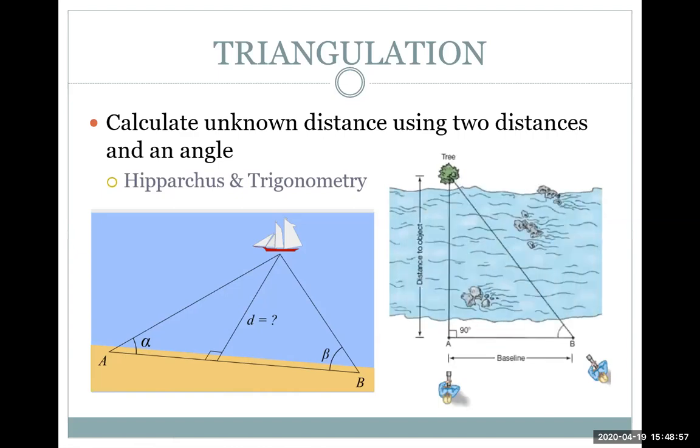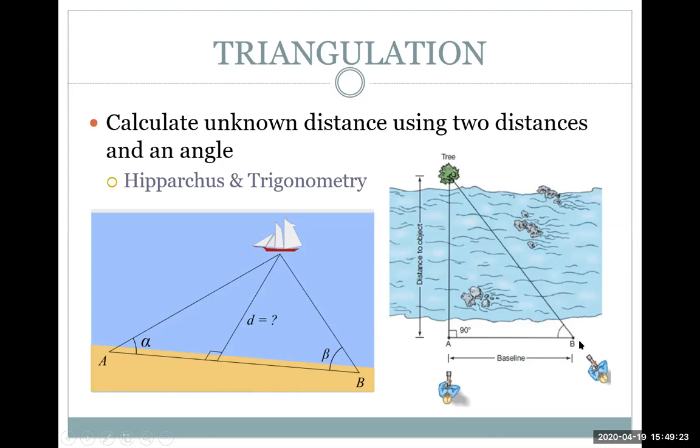It turns out that this method was introduced by Hipparchus long, long ago, back in ancient Greek days, the founder of modern-day trigonometry, so to speak. You can see a very simple example of Hipparchus's method here. If our goal is to figure out the distance to the object, the tree, the easiest thing to do is to stand at the tree's location, right here, and then move to a different location,